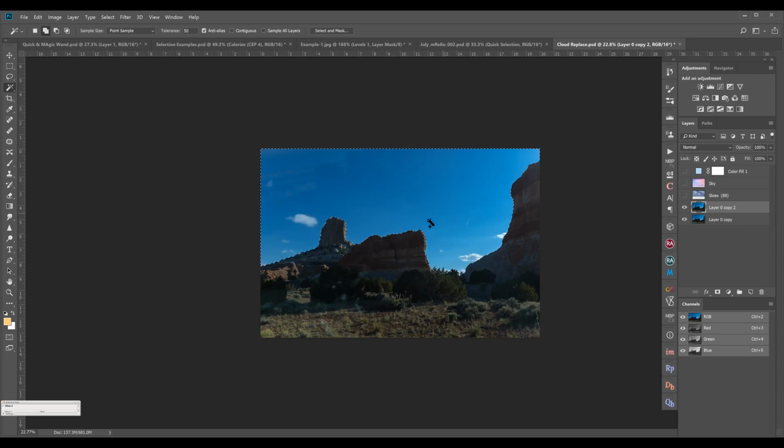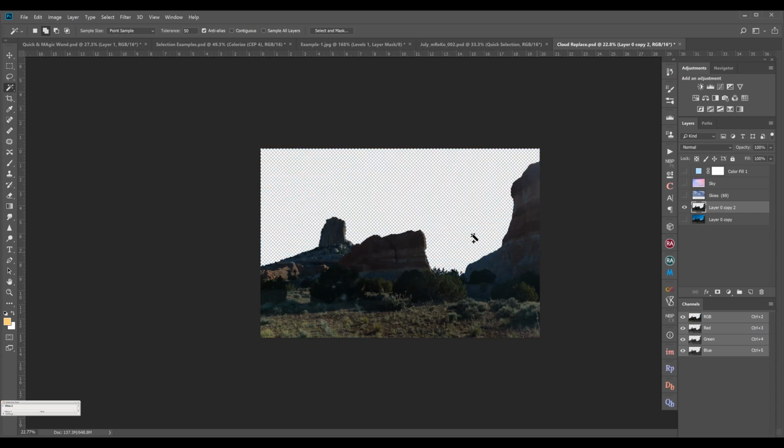Now this is selected. I don't want the sky, so I just click backspace or delete, and the sky is deleted. Since the background layer is visible, it is seen. So now it is empty. If you have a sky, you can just drag and drop any image.